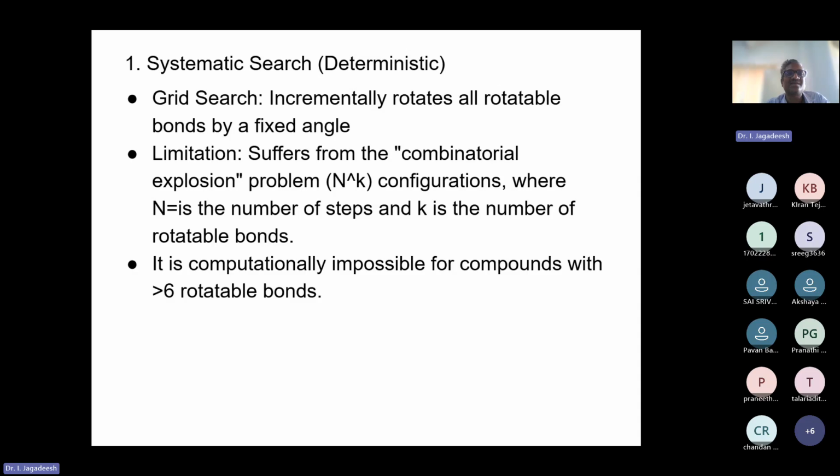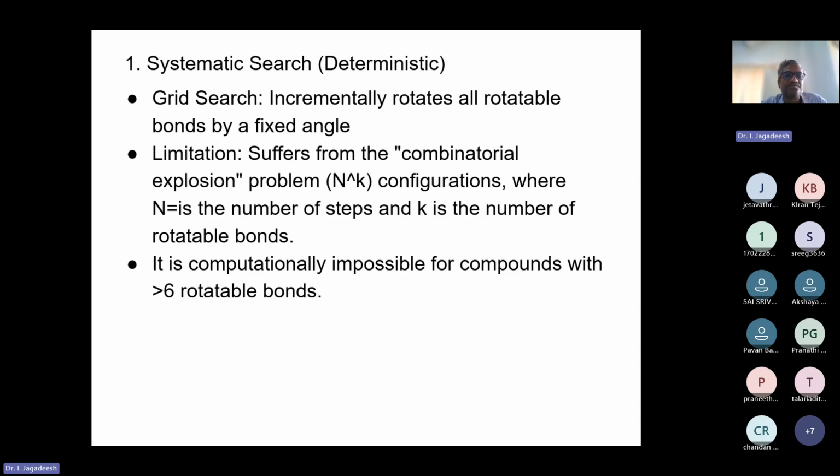The first one is the systematic search. The systematic search is also called a deterministic search method in the conformational analysis we are doing. So the first one in this particular case is the grid search. In the grid search, incrementally we rotate all the rotatable bonds by a fixed angle. So say, for example, your ligand contains 3 rotatable bonds. You are going to rotate all the bonds and see the local minima